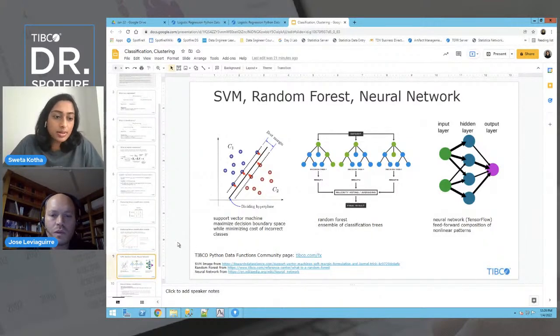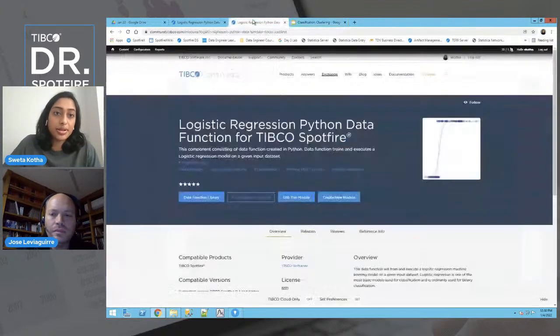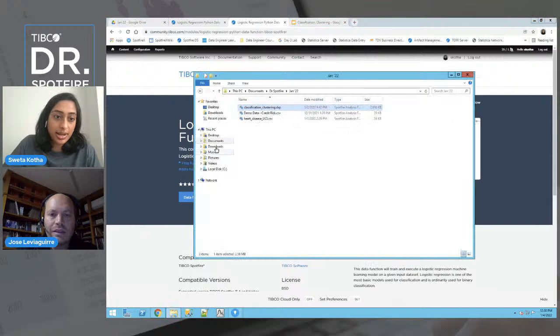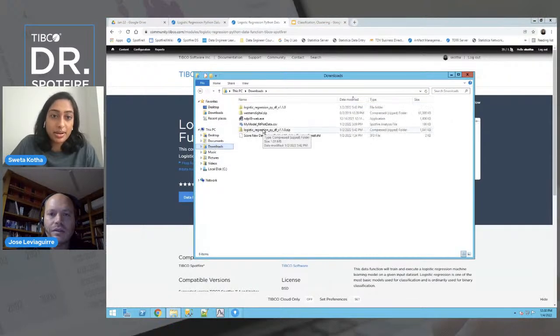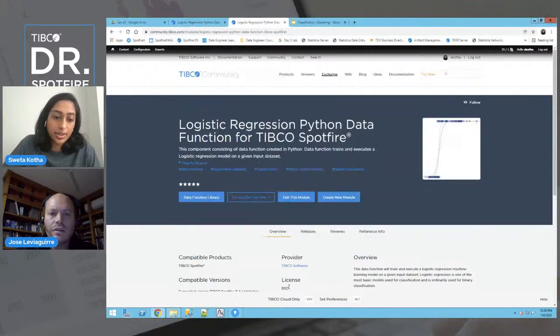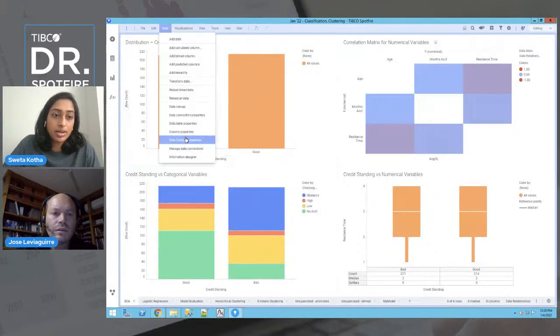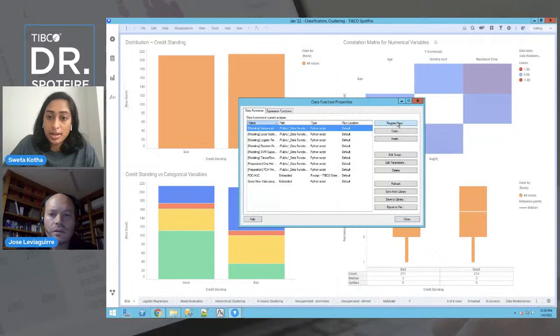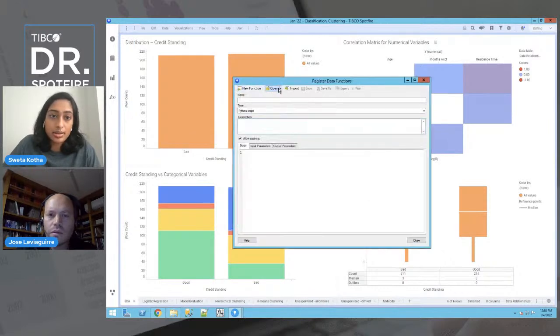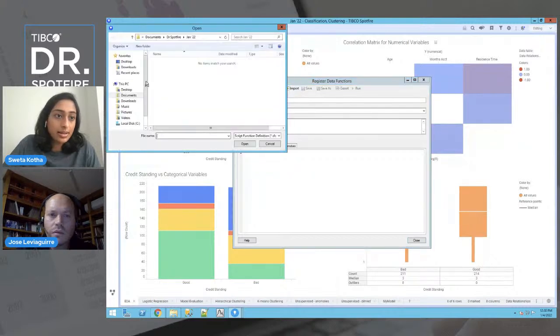So, for example, if we have this logistic regression data function, I might actually already have it in my downloads. So here, we have logistic regression, and the way that it's brought into Spotfire is just going to data function properties, and you can go to register new, and then import, and then as long as you've downloaded that